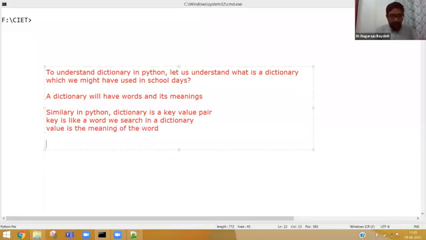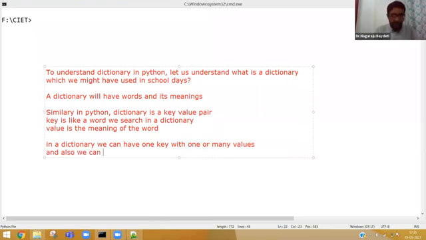So, in a dictionary, we can have one key with one or many values, and also we can have keys and their values.